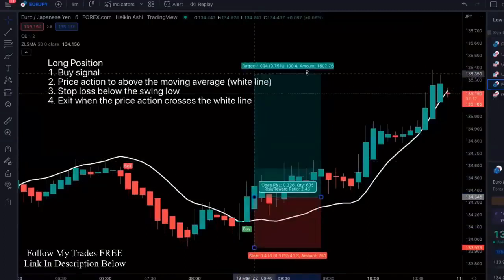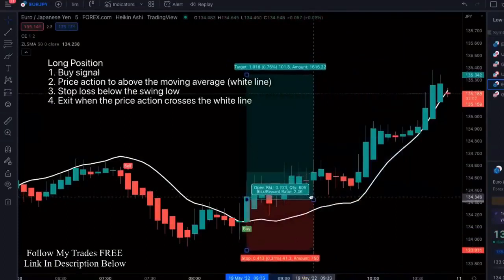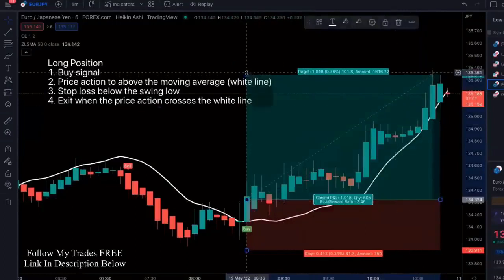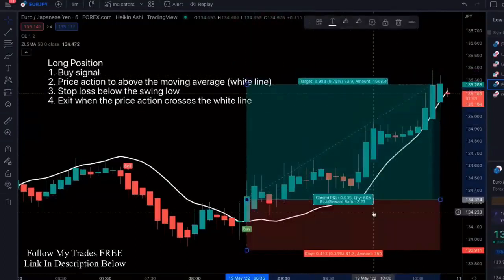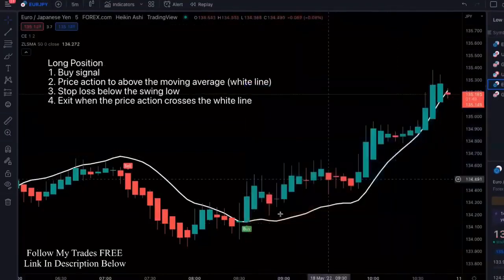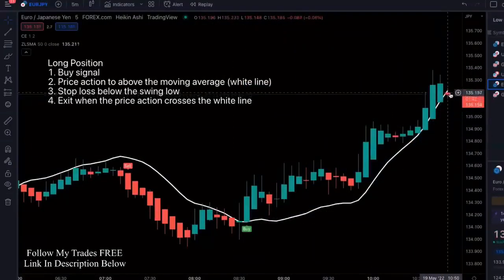So far this trade keeps moving, right? Yeah, so far it's doing pretty well. So far it's already at a 2.27 to 1 risk to reward. The thing is, on these kinds of trades, I don't like to put a specific risk to reward ratio, because sometimes you're going to have some big moves, so you want to capitalize on them. So when the price action, like here, this would be an exit point, because once this candle closes,